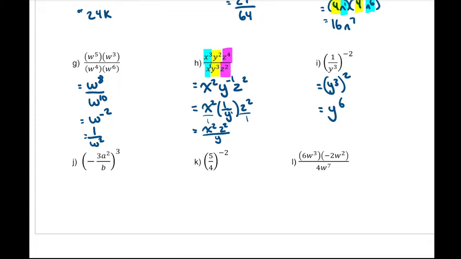For j, again, multiple things going on here. I have a negative 3a squared divided by b, all to the power of 3. So this one is complicated. We do have to think that there is a negative 1 here, so this exponent of 3 applies to the negative 1. Yep, we can still apply it. It applies to the negative 1, to the 3, to the a squared, and to the b. So negative 1 to the power of 3,